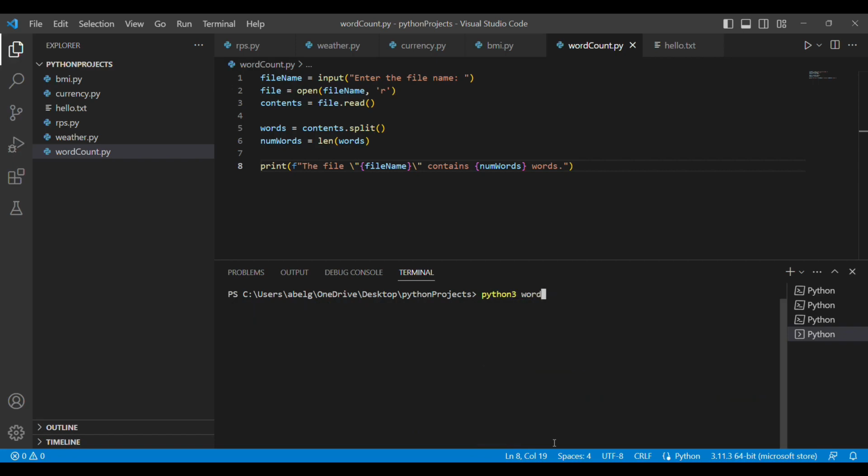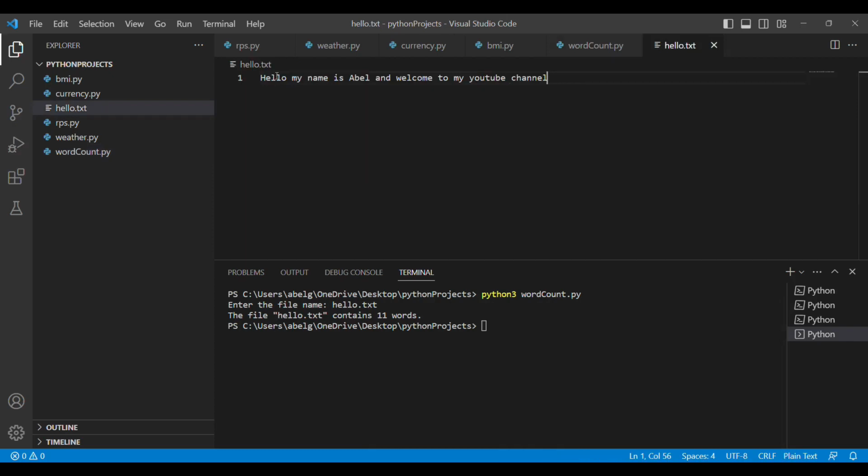Our file name is wordcount.py. It asks us to enter the file name, which is going to be hello.txt. So it prints out the file hello.txt contains 11 words. So finally, let's just check if that is correct. So we're going to go back to our hello.txt file and we're going to count the number of words.